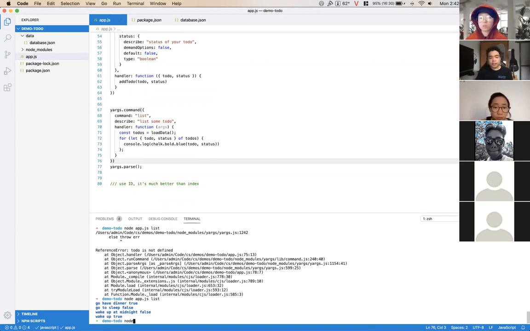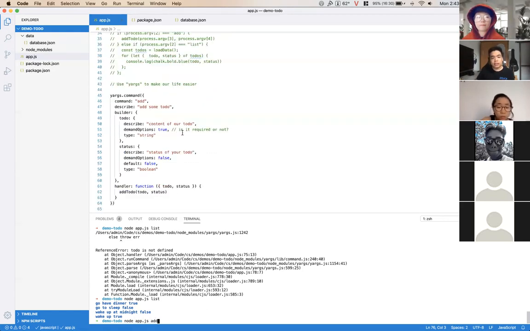So if you want to add something, here's how you type it. Run the files. This one is very basic, right? And the command add. And how do we know the command add? It's from here. It's where we define it right here. The command is add, and we want to pass in the following arguments here to do. So we can use hyphen to do equal